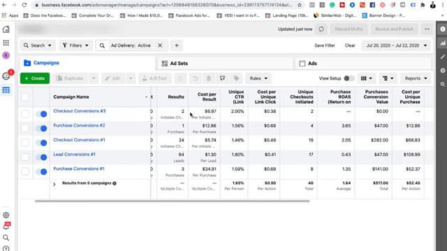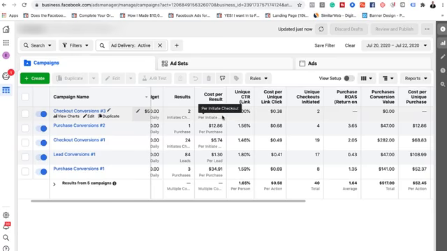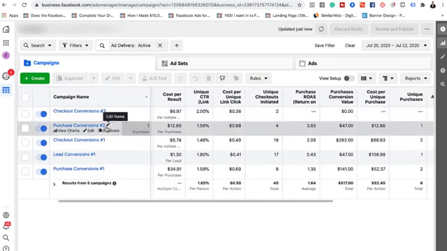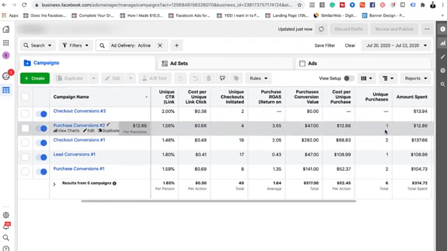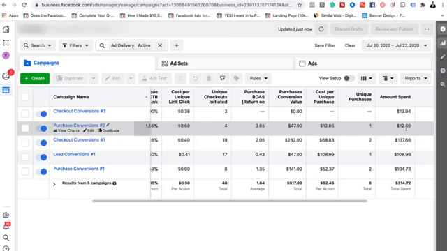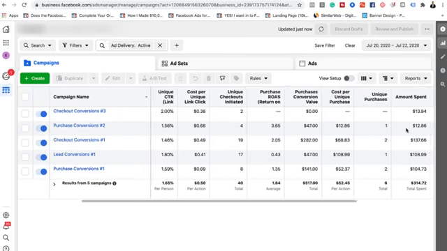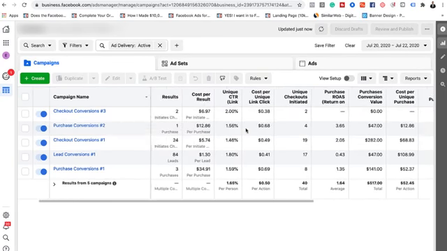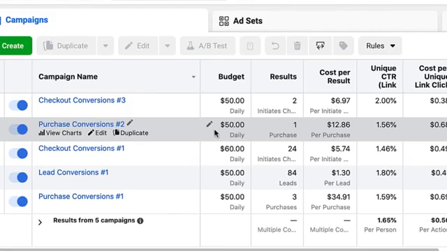And this one's actually $6.97. That's within KPIs for my checkout conversions. And the one that I just duplicated, purchase conversions campaign, has already gotten a unique purchase at $12.89. So that's the power of duplicating these ad sets. Now what I'm going to do, if this gets another purchase, I'm also going to go ahead and start vertically scaling this one. So this one's $50 per day. I'll go ahead and increase the budget to